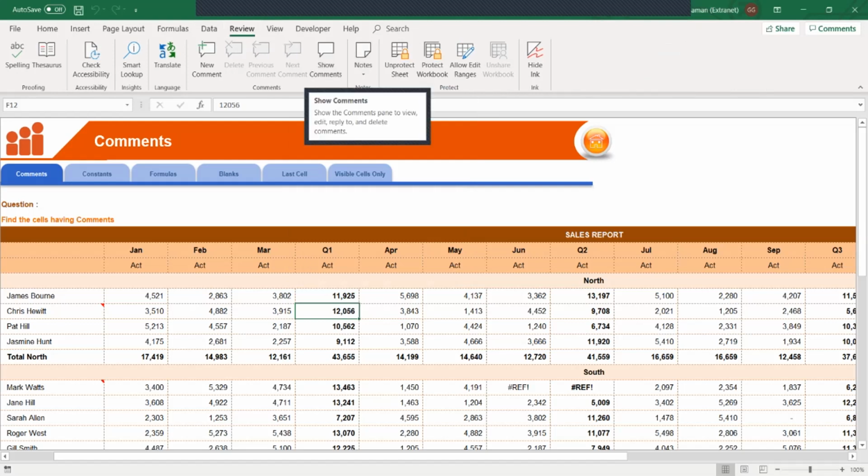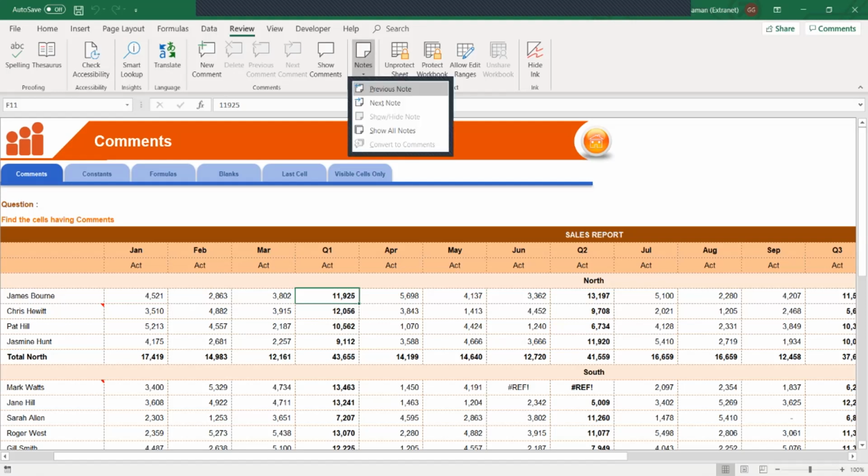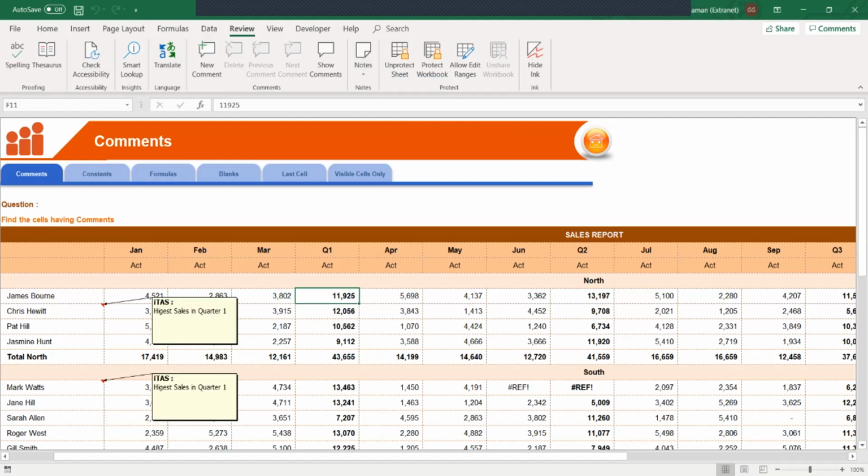See, comments are something that come with an ID, and notes are just the normal comments that you always saw in your previous versions of Excel, like this. So these are notes now. They have changed the name to notes. These were usually comments actually. Okay. So when you choose that,